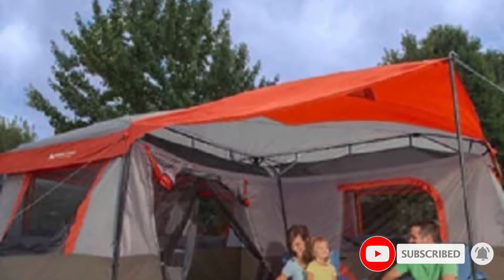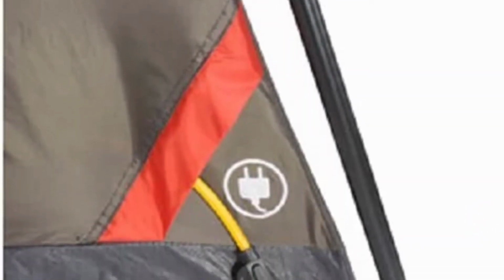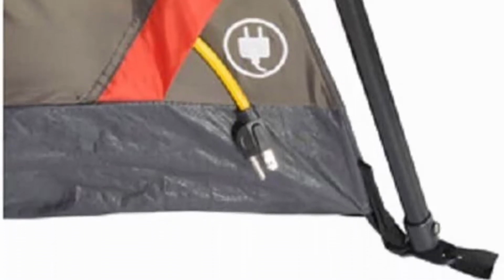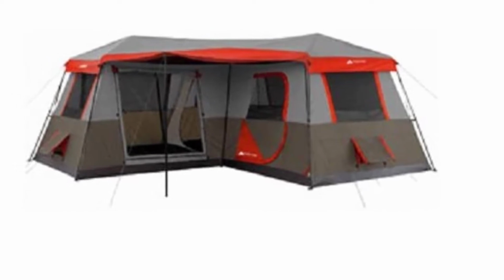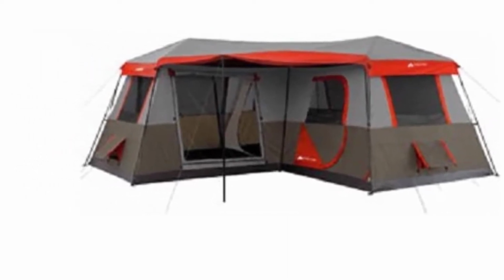The 2 doors have the same mesh. On the inside, the removable room dividers roll back, letting the window light shine throughout the tent, but there's still a separate feel to the 3. If you want even more light, step outside under the 68D polyester rainfly awning, which is ideal for socializing outside